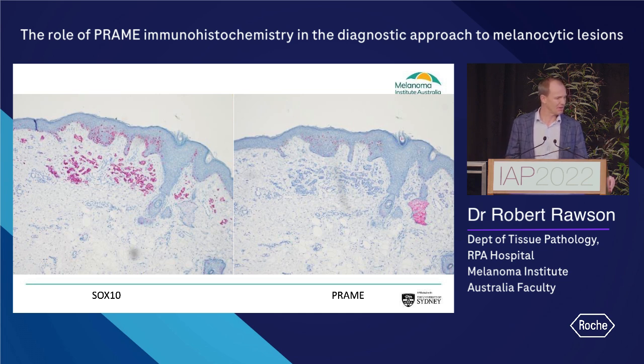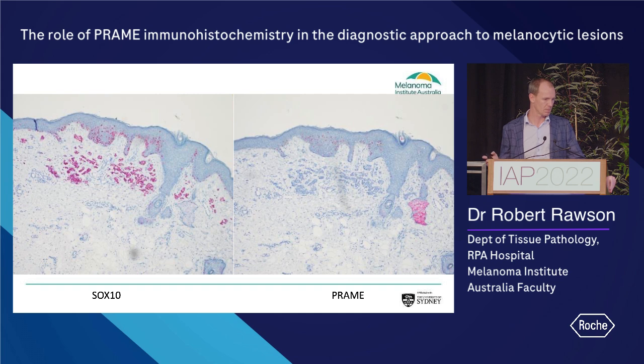But the PRAME stain only stains roughly 50% of the cells in that junctional component. And whilst I probably couldn't completely exclude a melanoma in situ, my morphological assessment of that lesion, combined with the PRAME staining not being florid and not really extending beyond where I thought it should be, I favour this to be an irritated compound dysplastic nevus. And I suppose my pre-test probability was that this was going to be benign. I think that's really important, that I was looking for confirmation that this was benign,